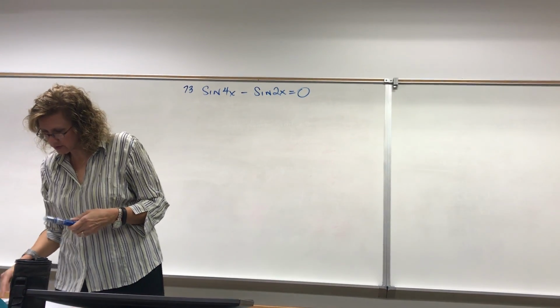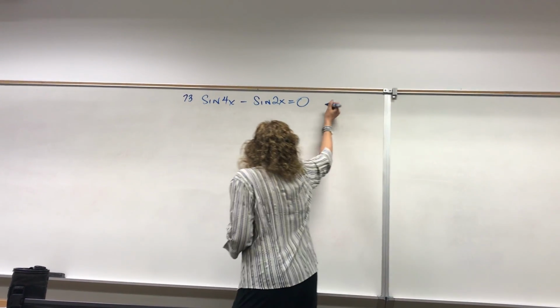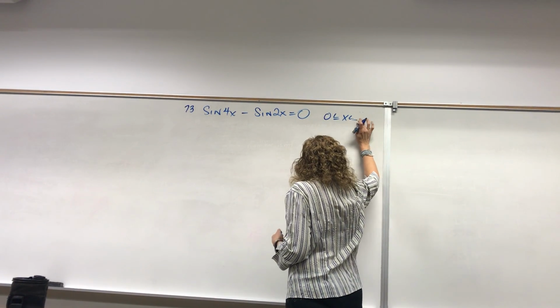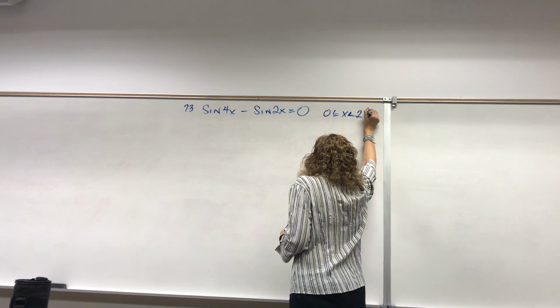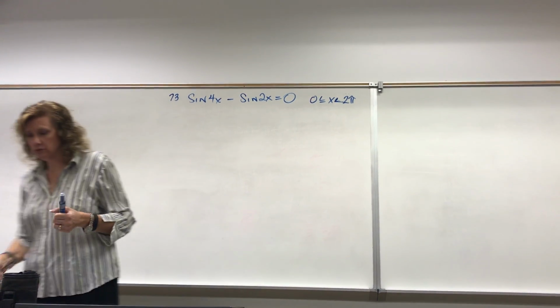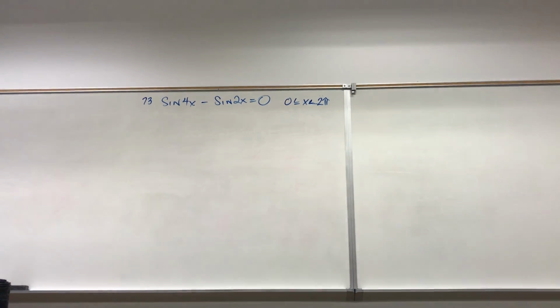Solve the equation, the exact solution is over the interval 0 is less than or equal to x, which is less than or equal, whoops. We don't put equal on the 2 pi because 0 and 2 pi are exactly the same. So we're not going to list that answer twice. All right, so